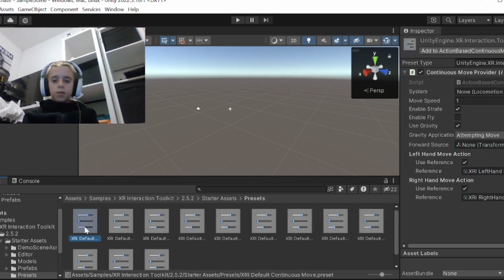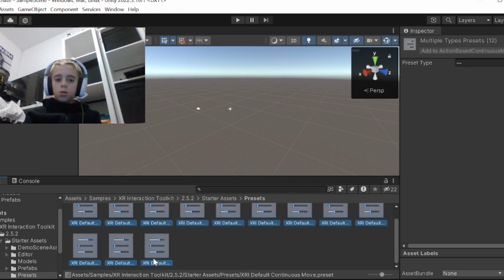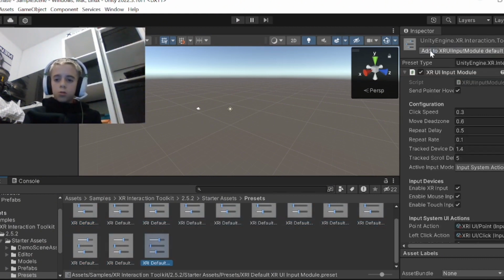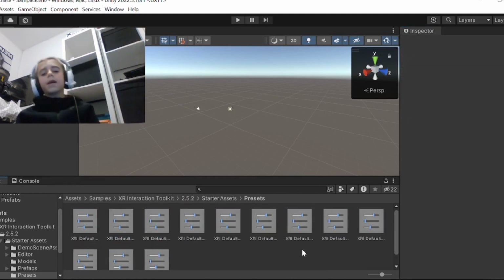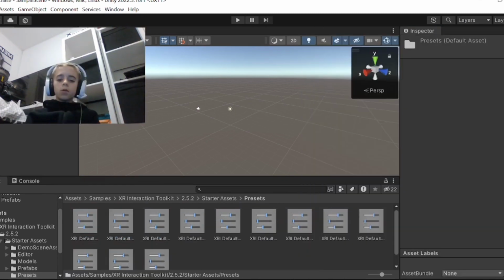Now every single one of these you want to do: click up here, add to action-based continuous move provider. Or whatever it says. Okay, now that we have done that, you can